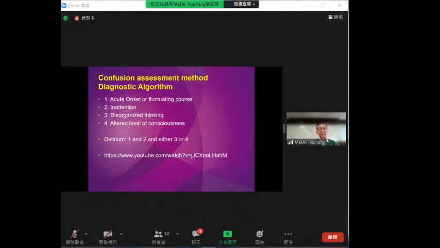Another useful clinical feature is conscious level. Sometimes they are hypoactive, very sleepy, and sometimes they are hyper alert. What is hyper alert? They are conscious of any slight noise or movement and misinterpret that in a paranoid fashion. At the slightest noise, they may say, oh, somebody is attacking me, and try to jump. This is hyper alertness. So if you get a few features out of the 4, then you have the diagnosis